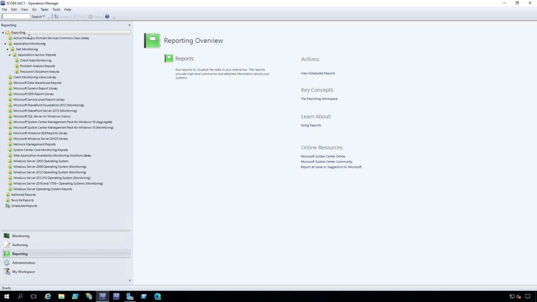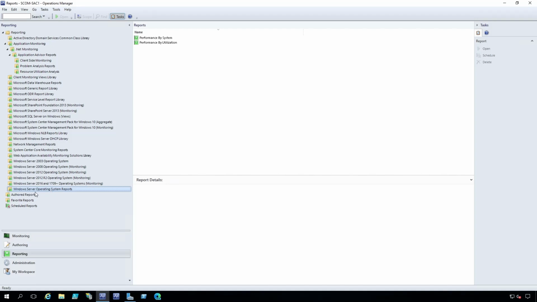So one of the first ones I want to show you is very easy to run. If you go down to Windows Server Operating System Reports, there are two reports here: one that says Performance by System and one that says Performance by Utilization. Let's start with Performance by System. Once you click on it, you'll see down at the bottom the name of the report, and then a brief description of what that report is intended to show you. I'll just go ahead and double click on it,